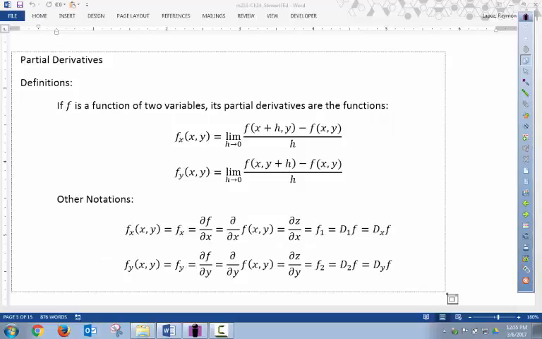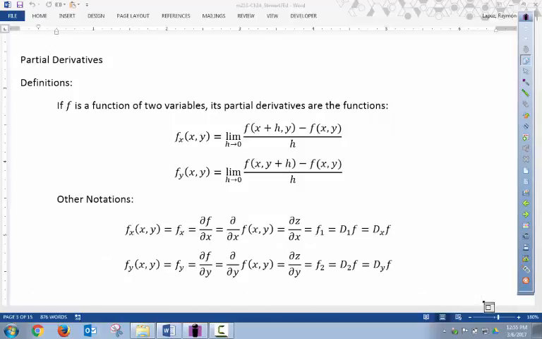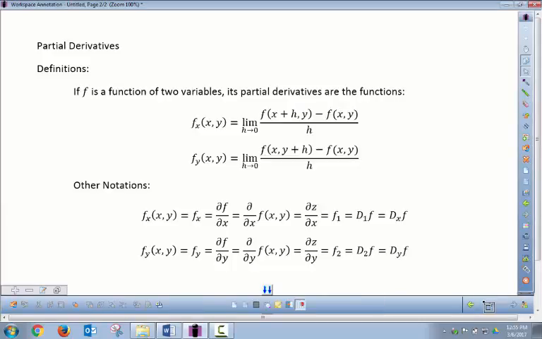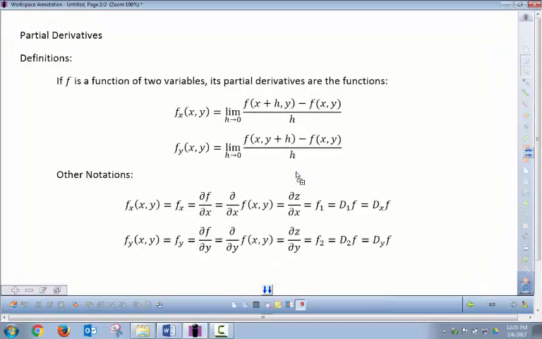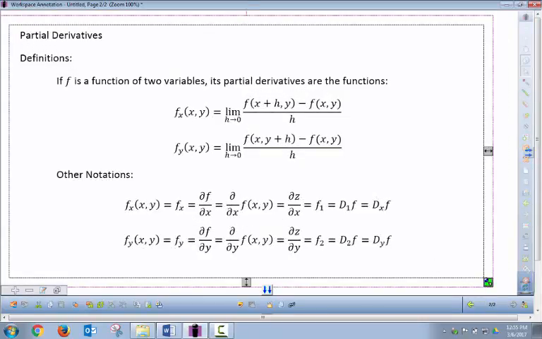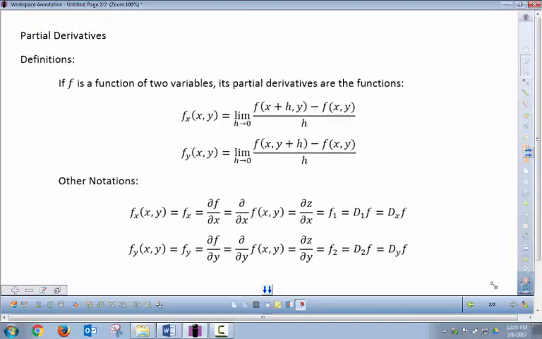So who'd have known that by adding another variable, we super complicate things from the definition to the notation? It's not really that much more complicated. We are just looking for two components for your input, and then a slight change in the two components. So here is the formal definition of a partial derivative, and this is a new notation,